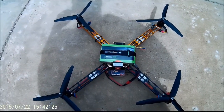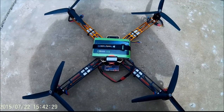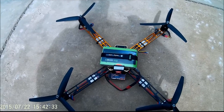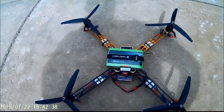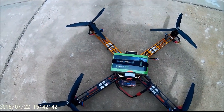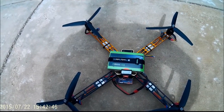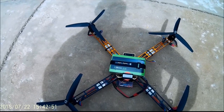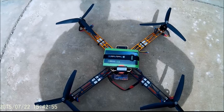Okay guys, here we go with the F550 quad with the Revo Nano installed on it. I have Avroto 770 kV motors, 10x6.3 props, 30 amp ready to fly quads ESCs, and I have those AIM Droidics aluminum arms on here. Anyway, my problem I was having was with the original firmware for the